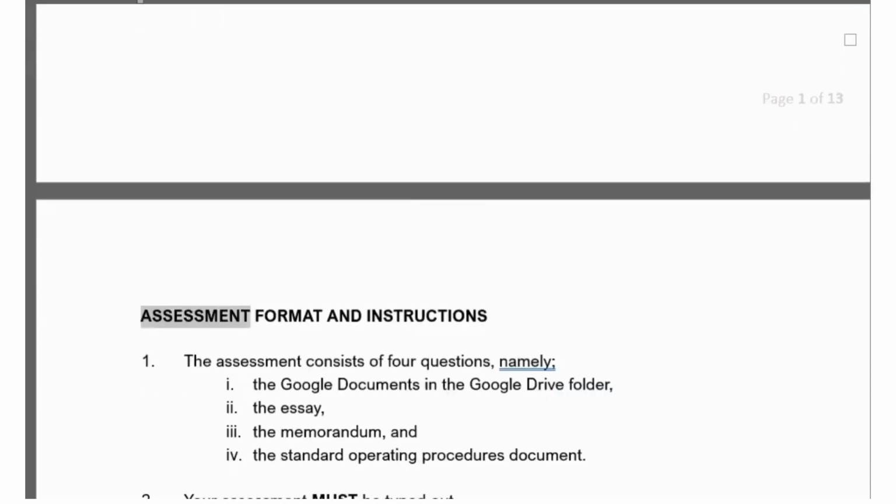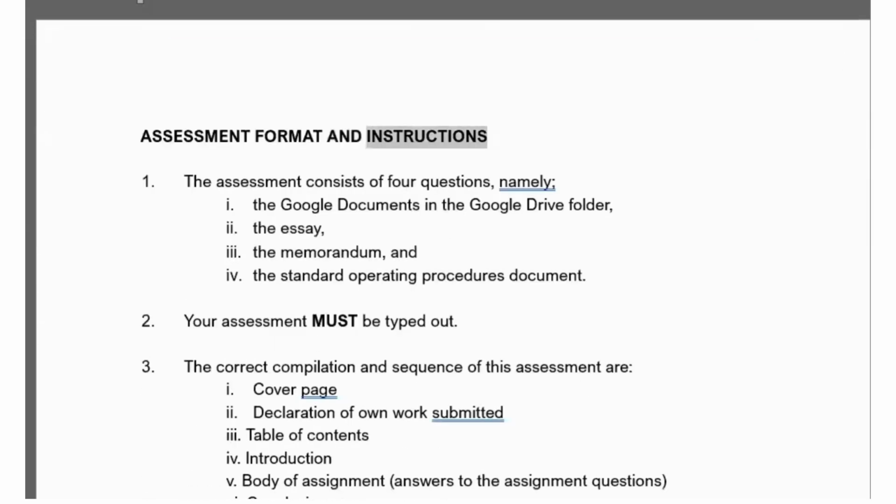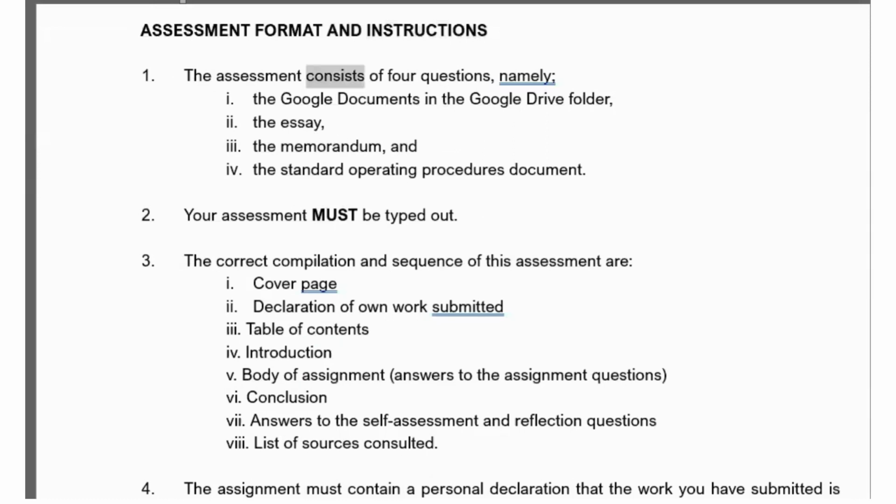Assessment format and instructions. The assessment consists of 4 questions, namely: the Google documents in the Google Drive folder, the essay, the memorandum, and the standard operating procedures document. Your assessment must be typed out. The correct compilation and sequence of this assessment are: 1. cover page,